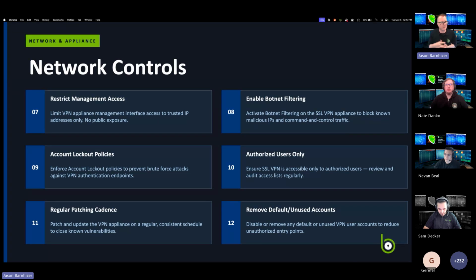We've seen some default accounts. We've even seen old user accounts where passwords were reused. The threat actor was able to get in, and then ultimately, the partner and the end customer were like, oh, that guy used to work here like 3 years ago, right? And that account's just been left around,